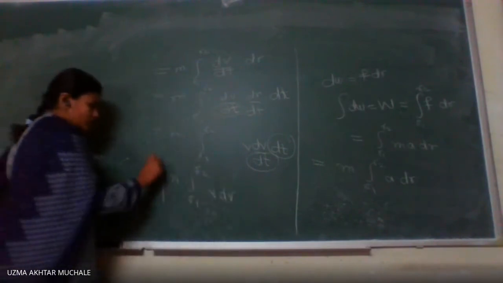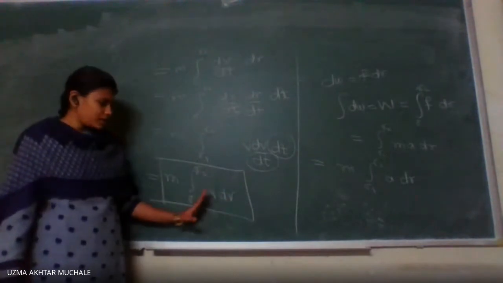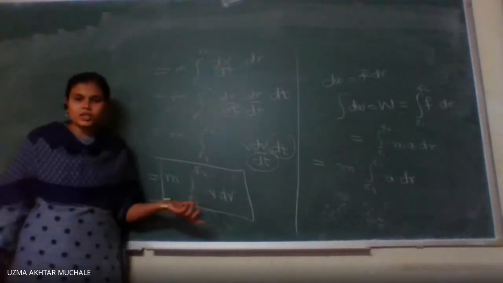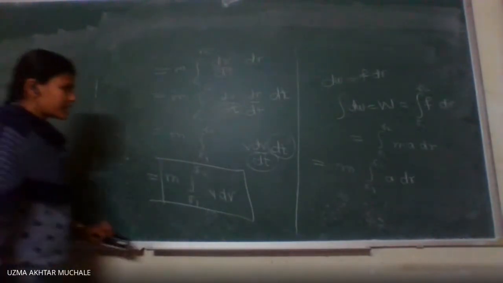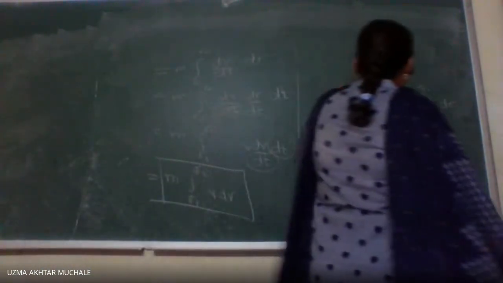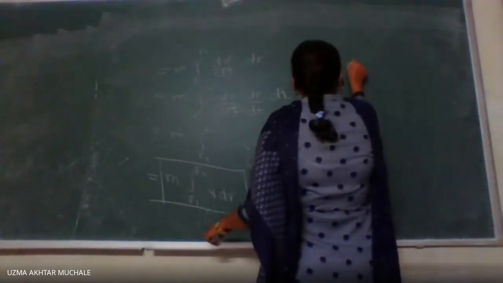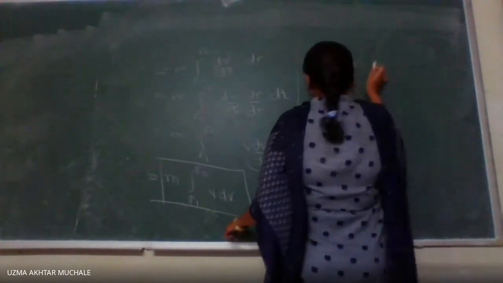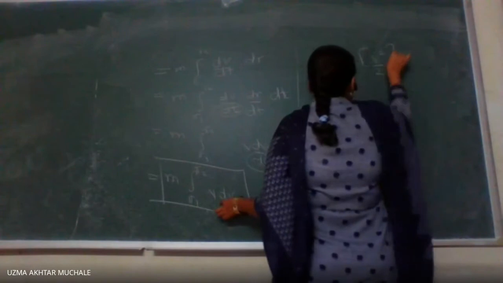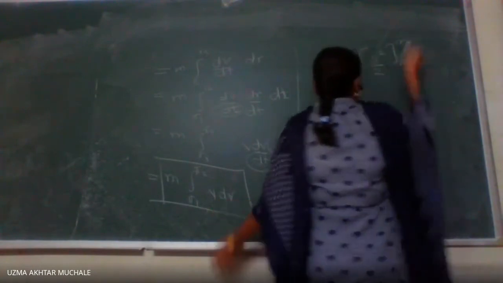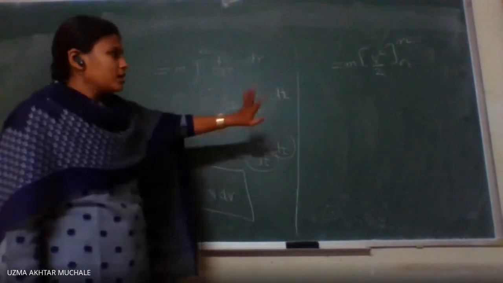So how are you going to solve this integration, r1 to r2 v dv? Integration of a single term v, or integration of x. What is the integration of x? It is x square by 2. So I can write that integration of x is nothing but x square by 2. In a very similar way, with the mass outside, integration of v is nothing but v square by 2 within the limits r1 to r2. Okay, within the limits r1 to r2 we have v square by 2.